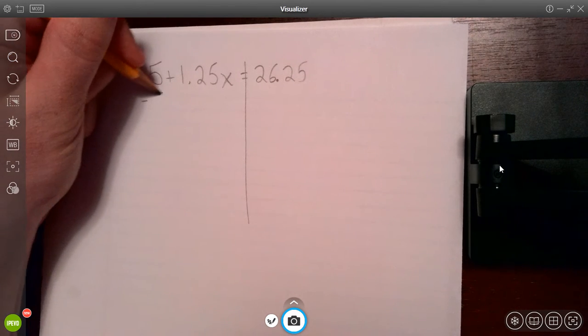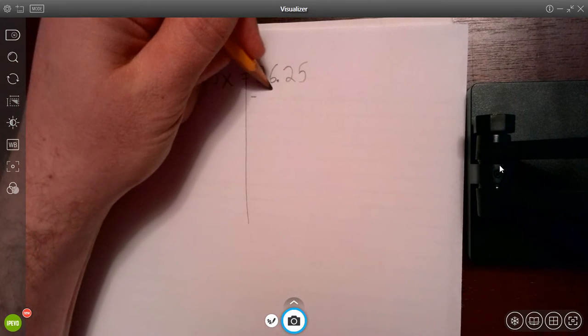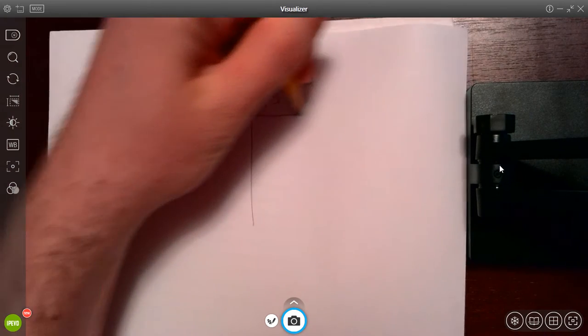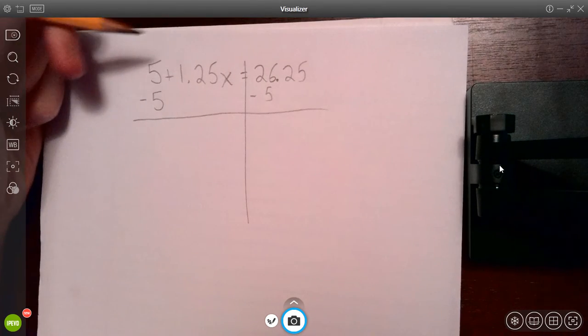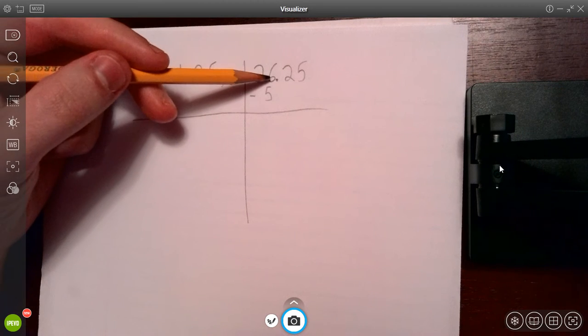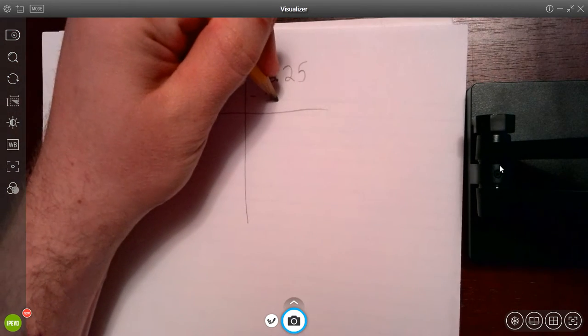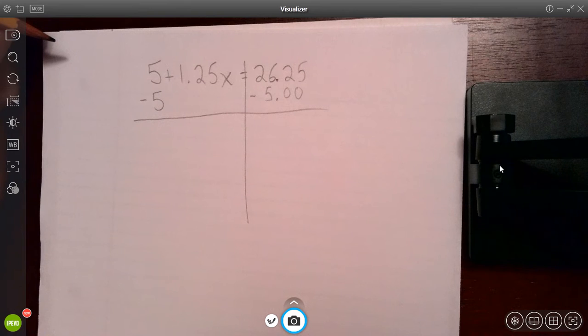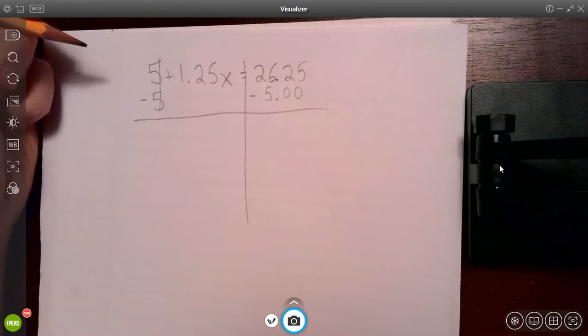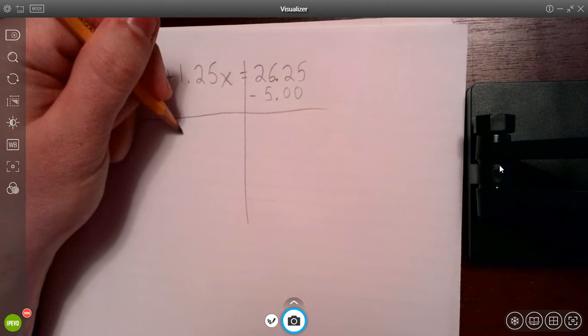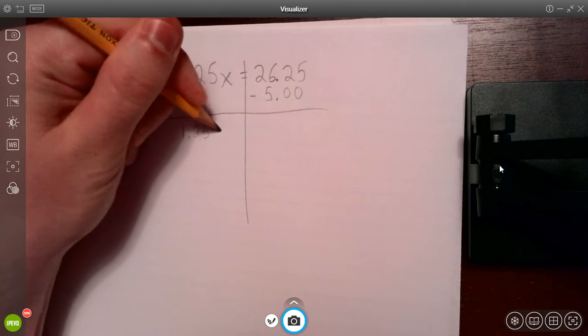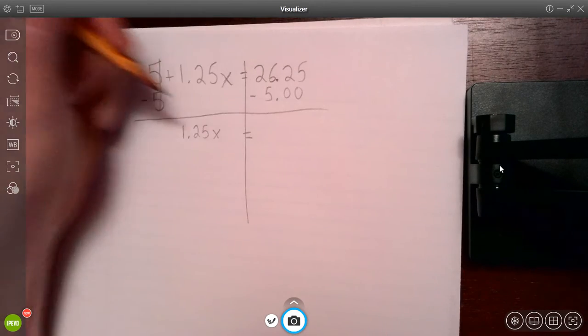Hopefully you're saying that you need to subtract 5 from each side. Now, please remember when you're subtracting, you do want to line up your place values here. So you do want your ones place to be subtracting from your ones place there. If it helps, you can call that $5 in total. These will cancel out, and we'll have $1.25 per game is equal to